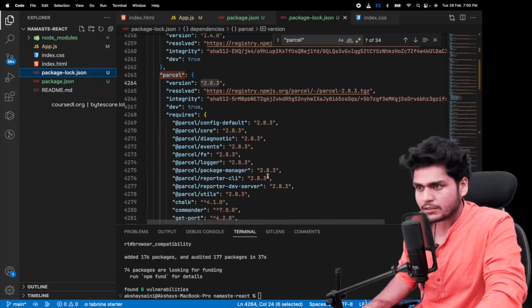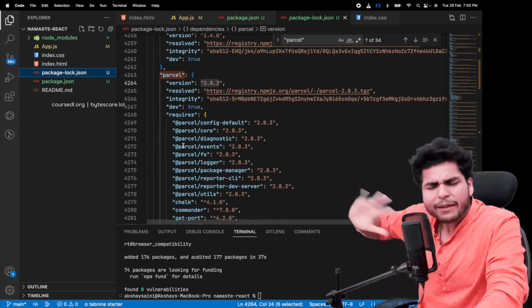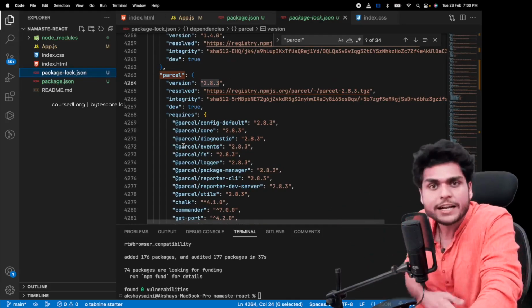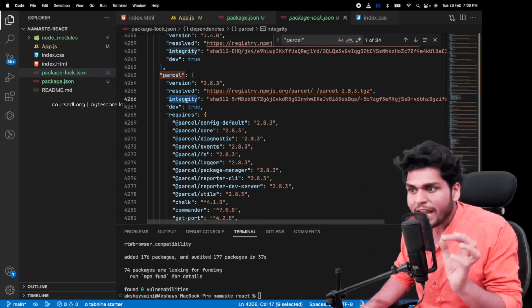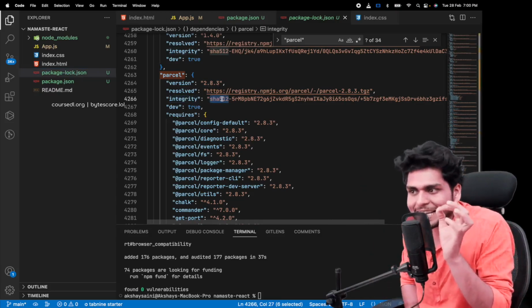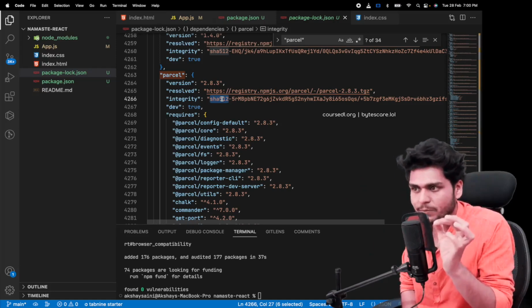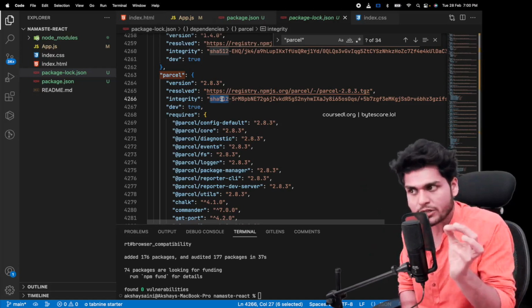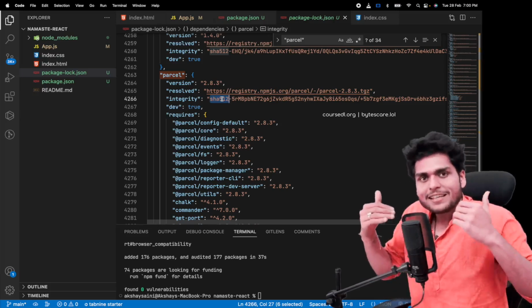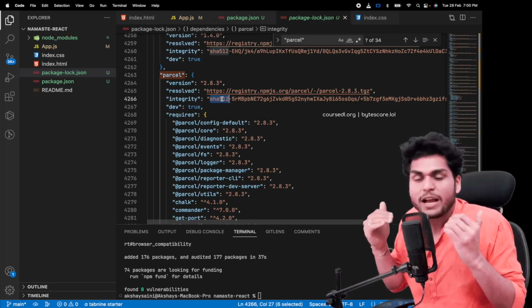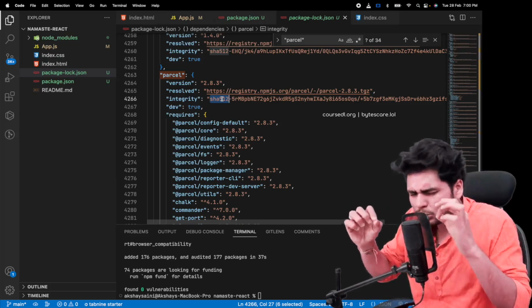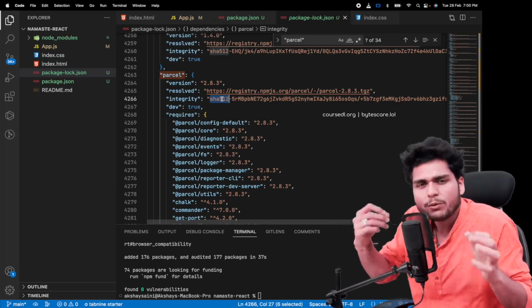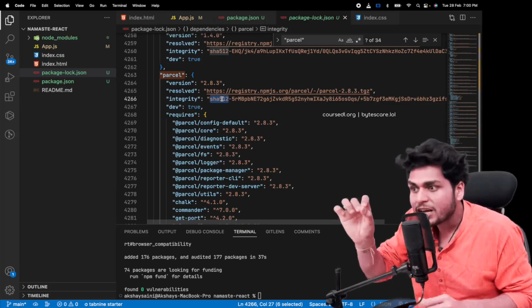What are other things? You should be curious about everything. What are other things inside this parcel entry? What is this integrity? This integrity is basically a hash, a SHA-512 hash. Why is this hash present over there? You should know the answers to all small things. Okay, I'm telling you whatever is coming to my mind. This hash is because,